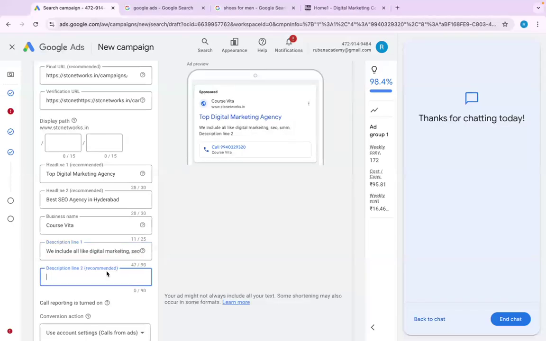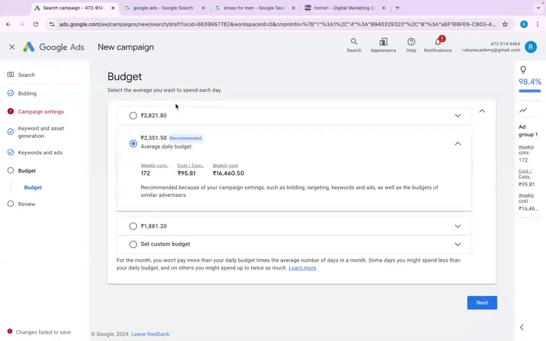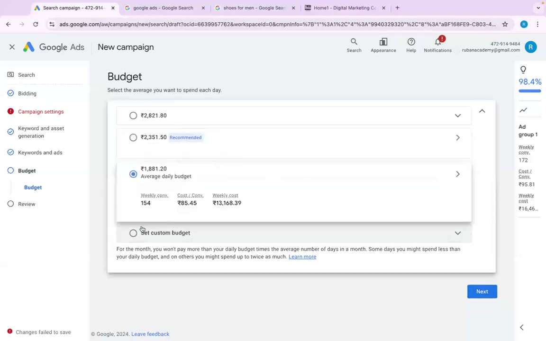So you need to fill all these things, and you need to choose your accounts from call. Keep it next. It will show you three kinds of budget, starting from low, medium and high. It also shows you how many conversions. For example, if I'm choosing